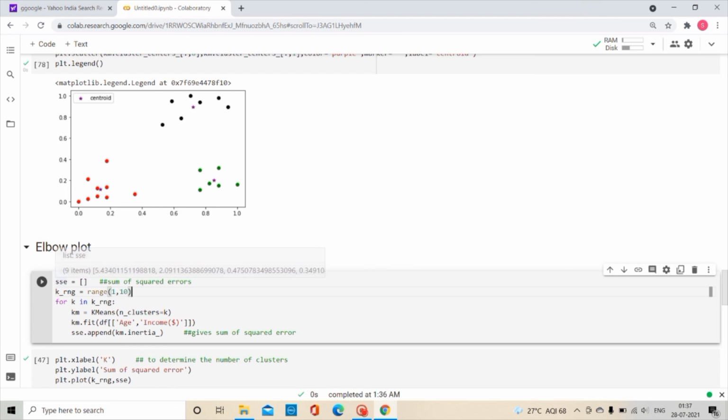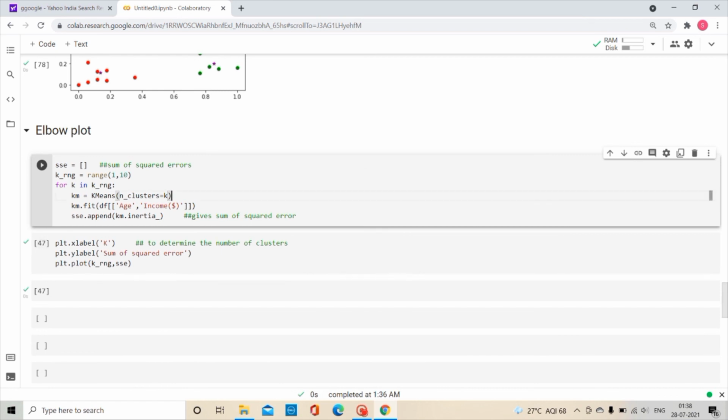First we specify an empty list sse, which means sum of squared errors, and we take the range from 1 to 10, and we use a for loop for k in k_range. KMeans with n_clusters equal to k, then km.fit(df[['age','income']]), and sse.append(km.inertia_). Inertia gives us the sum of the squared error, and that is appended into the empty list we have provided.